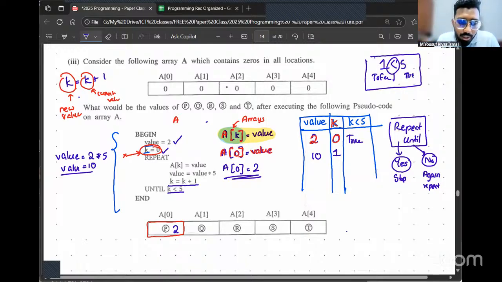You will repeat the instructions inside. Again, you will go and repeat only if that condition is false. But here you can see the condition is true, so the loop stops. The next instruction we have is end. So the program ends. Now, if you read the question properly, the question initially said these were the initial values